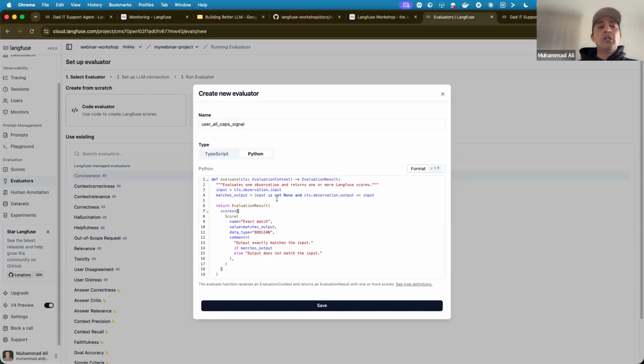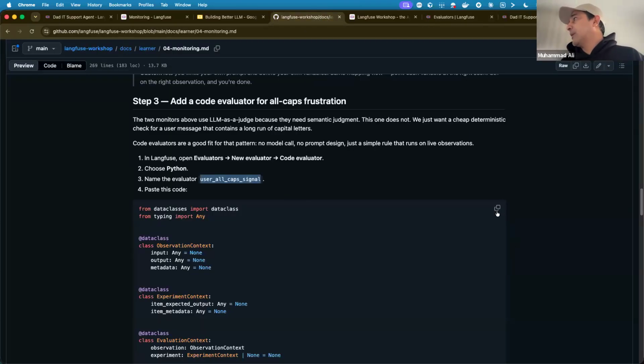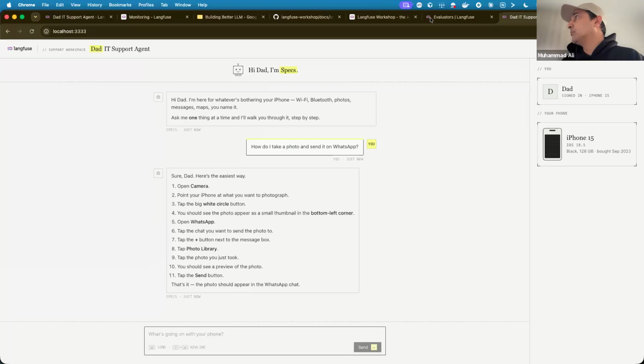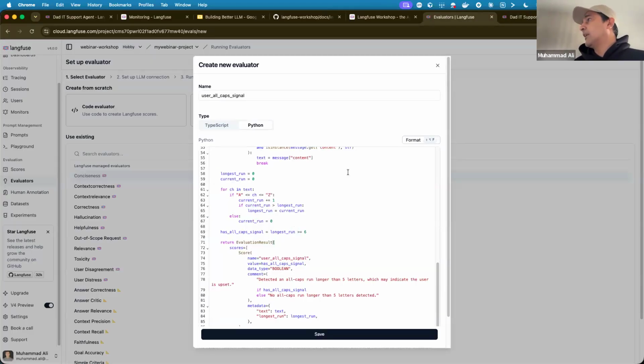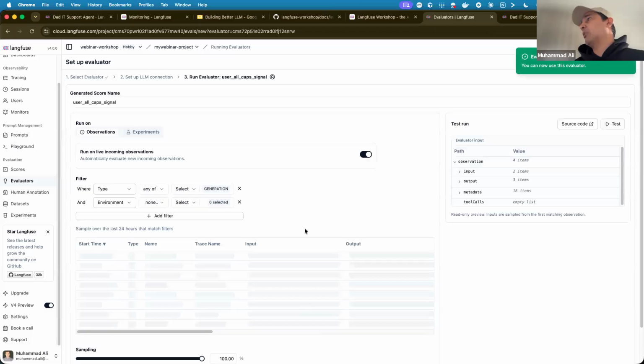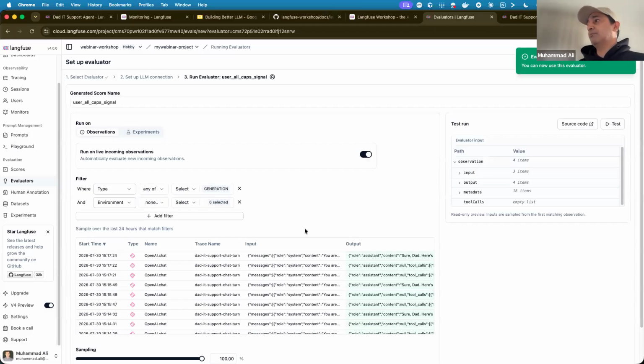Where does this Python code run? We actually call AWS Lambda, and this Python code runs in the AWS Lambda sandbox. So your code cannot go out to the internet. It will receive the input from Langfuse, and it needs to assess the input and give us the score output. You can't go and do fancy things in that because it's a sandbox. All right, what is the code? Let's copy this code and paste it here. That's why it's safe, because this runs in a sandbox. So now we have this thing configured.